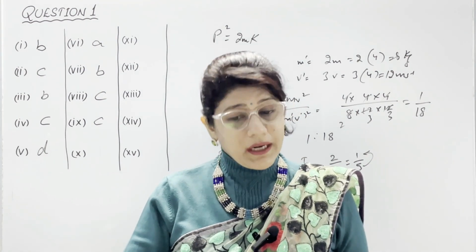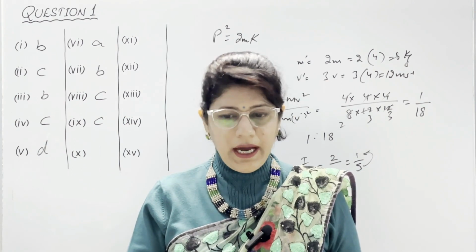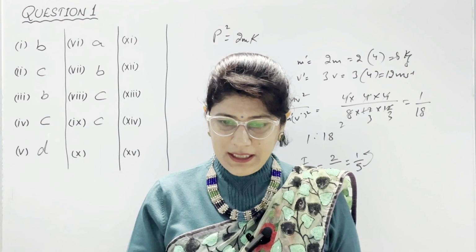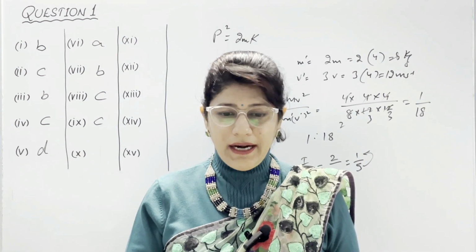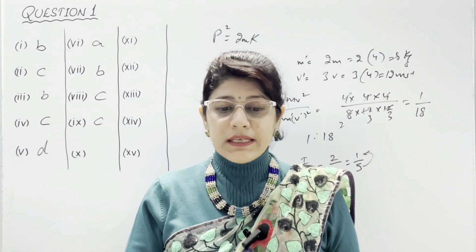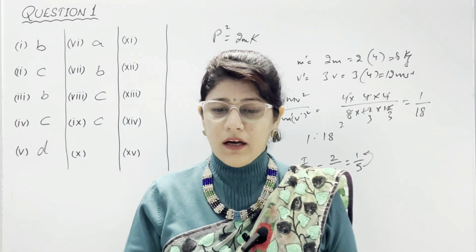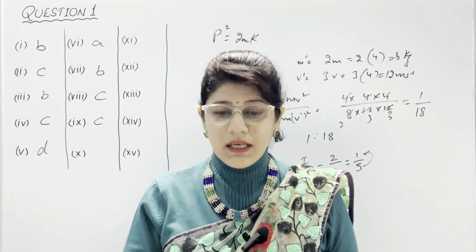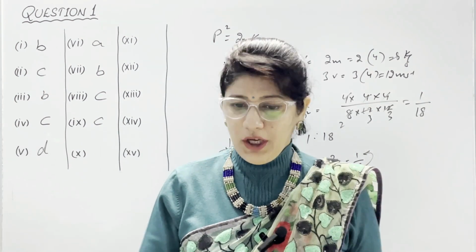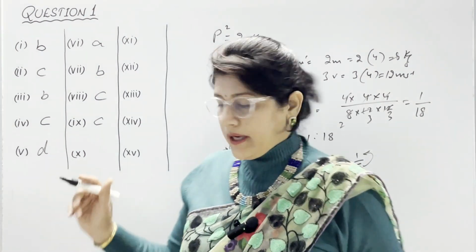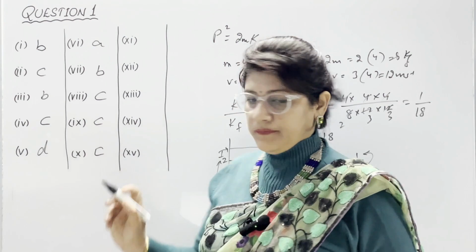In 10th, the magnetic field lines inside a current carrying solenoid are A. circular and they do not intersect each other. B. circular at the ends but they are parallel to the axis inside the solenoid. C. along the axis and parallel to each other. Our correct option is C, along the axis and they are parallel to each other inside the solenoid because it is a current carrying conductor. And the correct option is C.